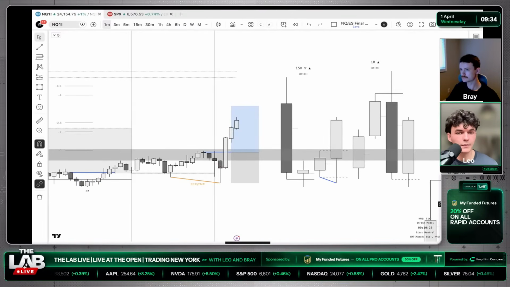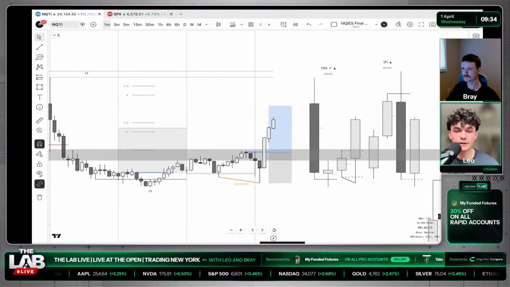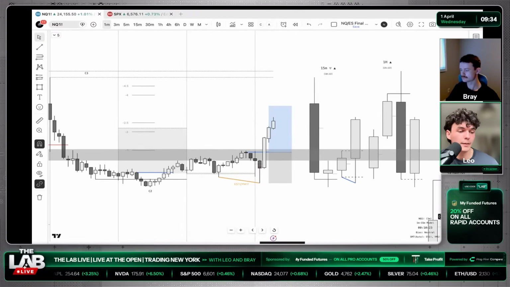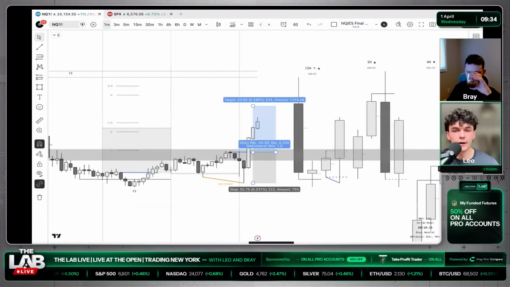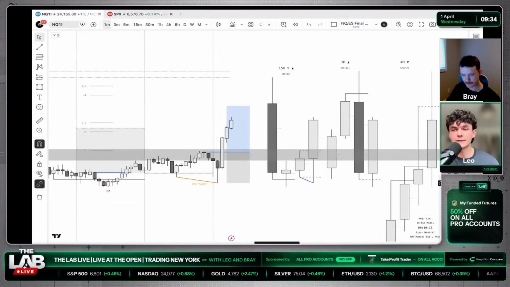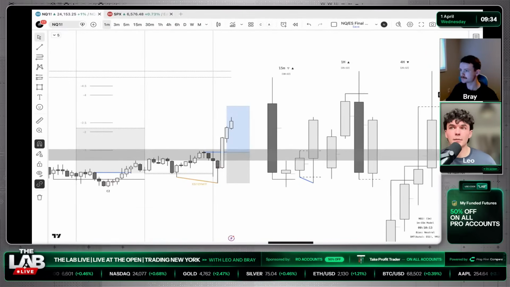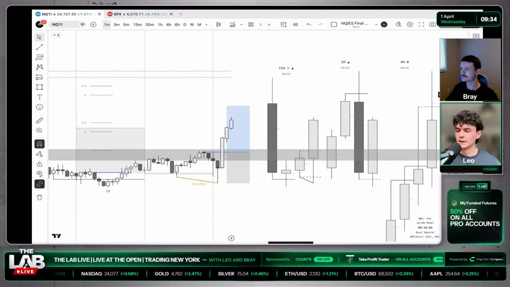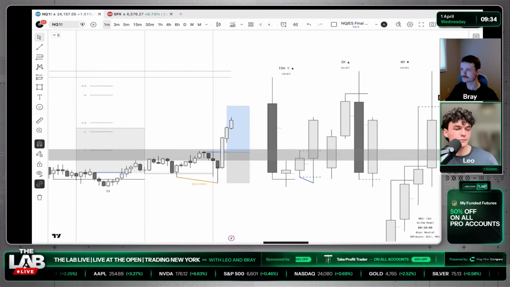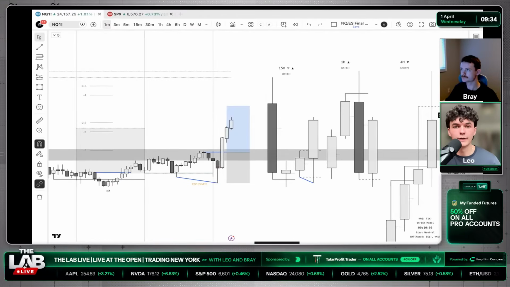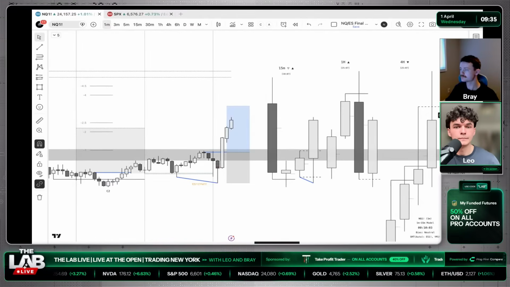So it looks like we're going to get the move. I did mention I wanted to see a bearish manipulation followed by bullish distribution. Been saying that for some time. So we're seeing that, but no entry on my end here. I'm hands off as of right now. If I don't get an entry pre 10 o'clock, I'll be waiting for a 10 o'clock entry instead, or a 10 o'clock continuation higher. But this is looking good here. It's definitely looking like it's going to trend higher.